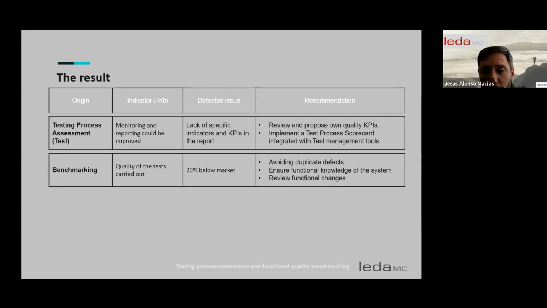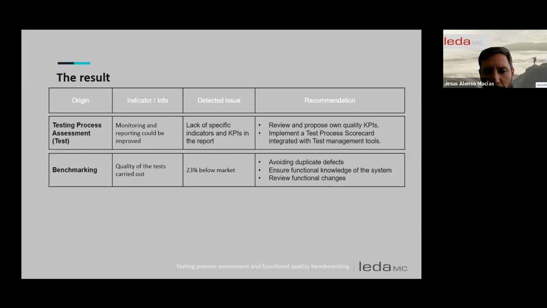What does this indicator mean? It measures the number of valid defects. Well, as a recommendation, we could indicate that more care should be taken when reporting defects, as they could be duplicated. We could also recommend that the testing team should review the functional change before finalizing the test case